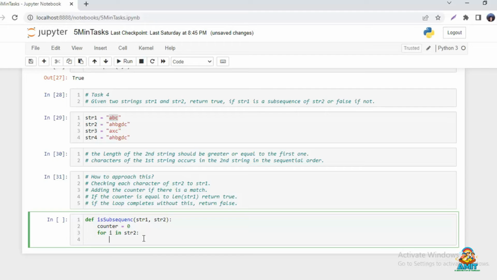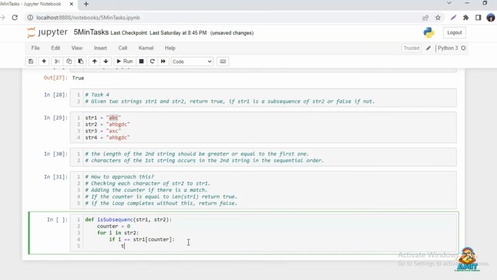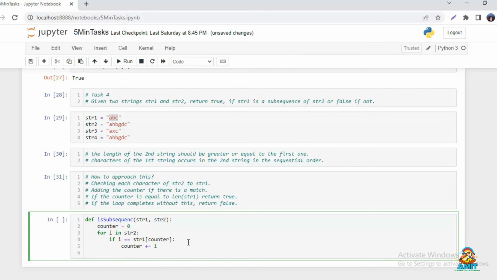Okay, so we're going to check if i equals string 1, and we're going to pass in the counter here. So the index is 0, so the string 1 index is compared to the string 2 element or character. If they are equal, it's going to add to the counter, plus equals 1,